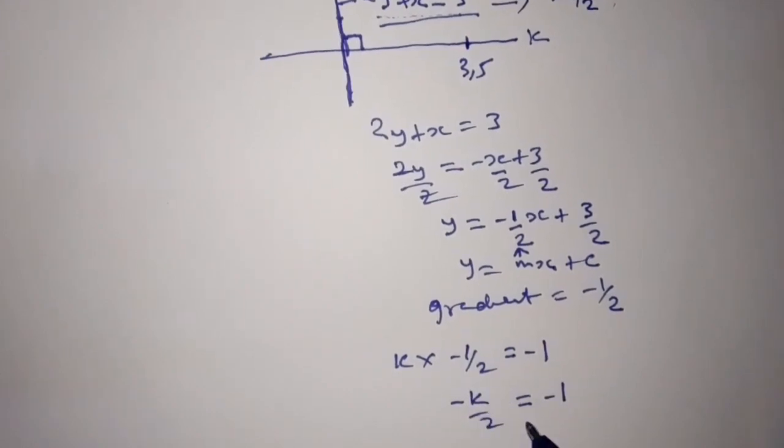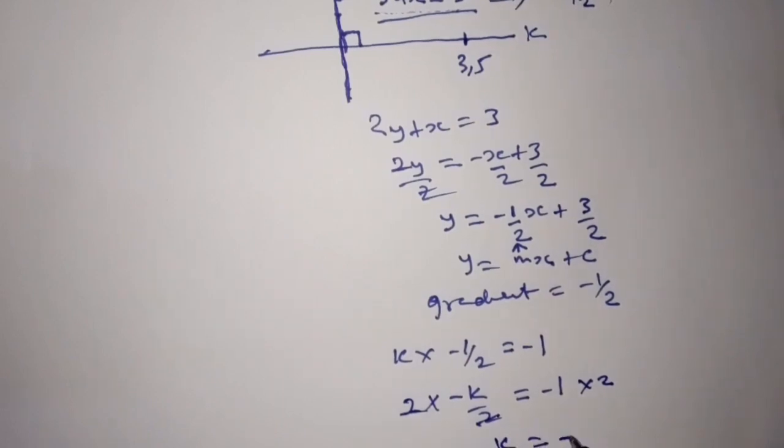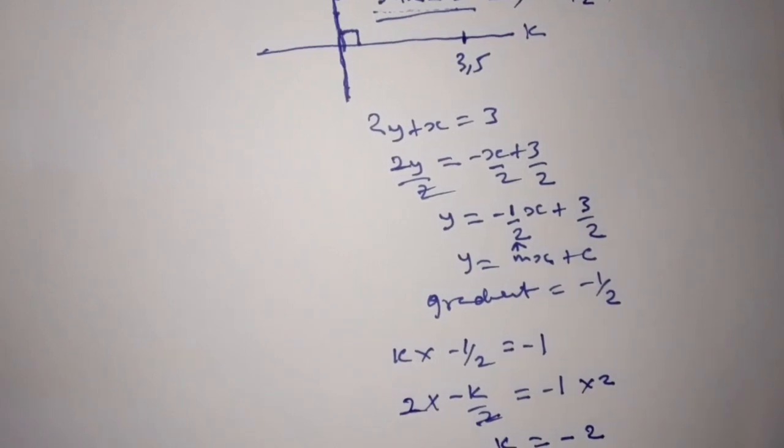Negative k over 2 is equal to negative 1. Then we can multiply by 2 here, and we can multiply by 2 here. The 2 cancels the 2, so negative k is equal to negative 2. Negative cancels negative here, negative cancels negative here. So we end up with k